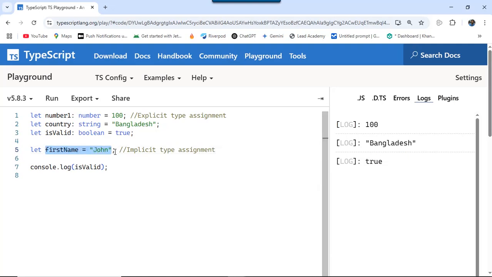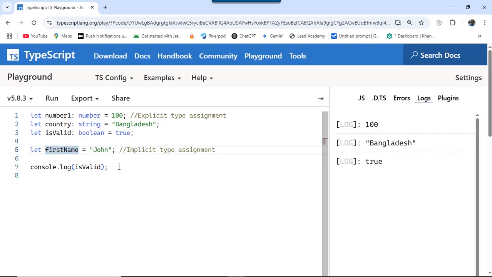So you can specify the data type, or you can just omit the data type and write in a faster or simpler way, and there are no explicit rules that you should always declare the data types or that you should avoid them. There is no such rule. It's up to you. You can declare a variable with its data type, or you can simply omit the data type and assign the value just like that. And the TypeScript compiler will automatically determine the type of this variable